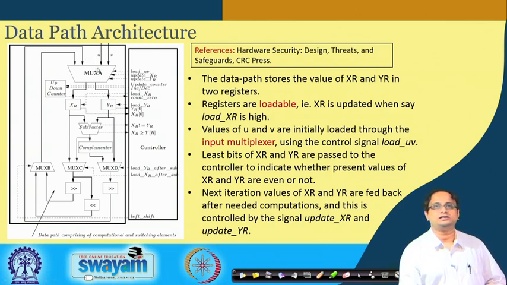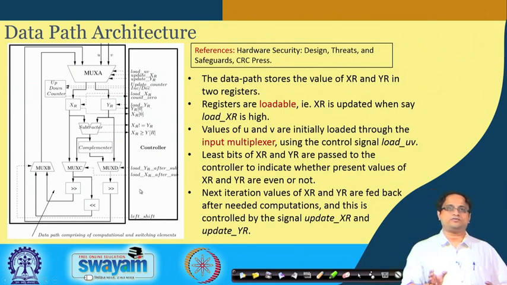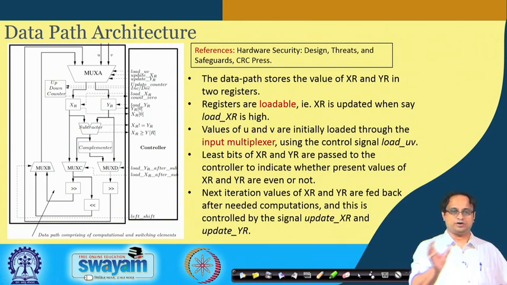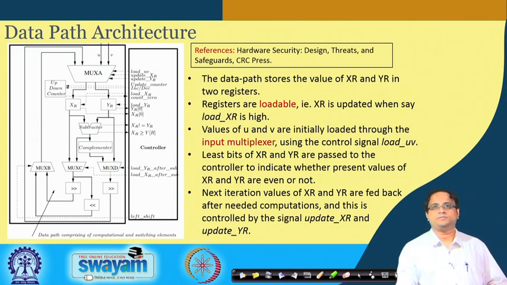Here you see that this is the overall architecture. We have a data path element, which is your data path component, and here is your controller logic or control path. This splitting of an algorithm into 2 components, the data path and the control path separately, is a very important or central part of VLSI design, at least when digital design is concerned. Now we can try to understand how this hardware works.